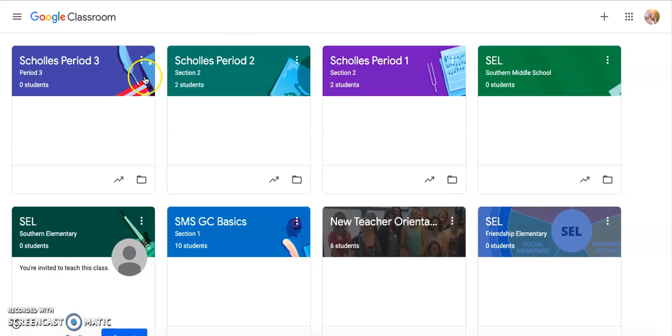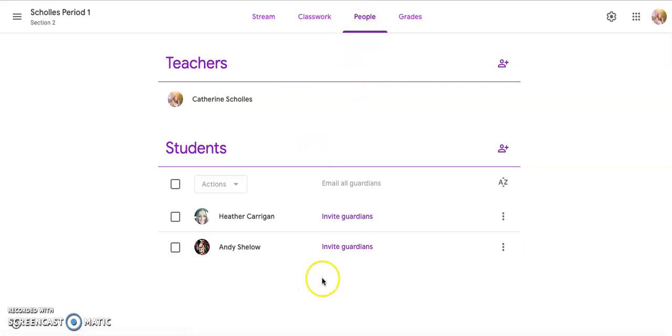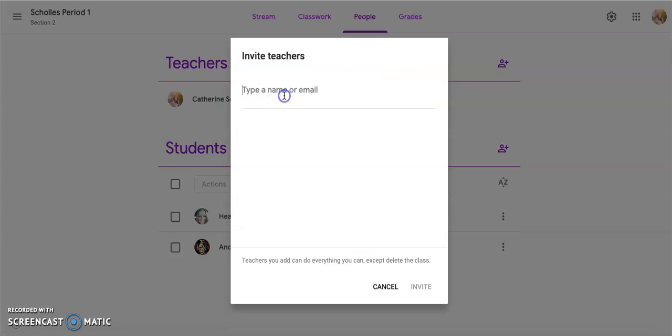Okay, so if I would like to add teachers to my classroom, I'm going to go to show list, period 1, and then go to the top and look at people. And then here are my students. But if I would like to add teachers, I can just simply click on that icon and then type in